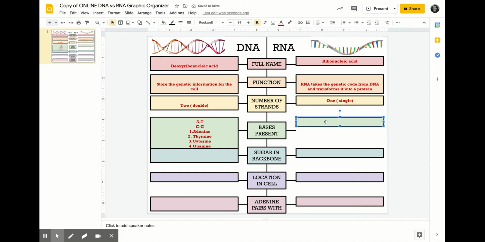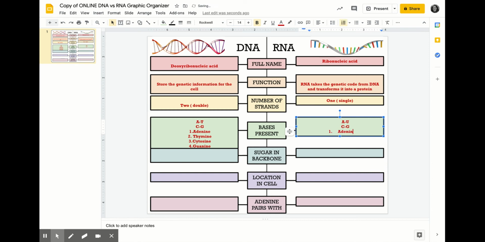In RNA, it's slightly different. A pairs with U and C pairs with G. So I think aunts and uncles and chips and guac. And those bases or those letters stand for adenine, uracil, cytosine, and guanine. The sugar in the backbone for DNA is